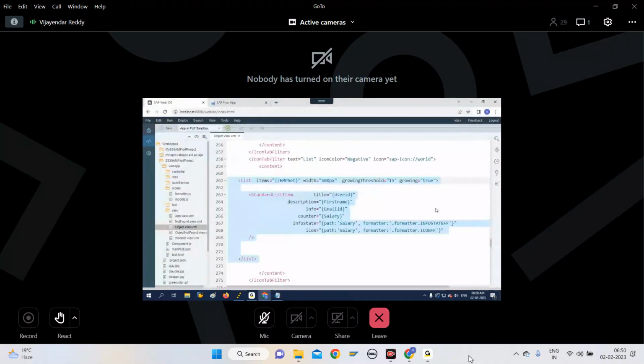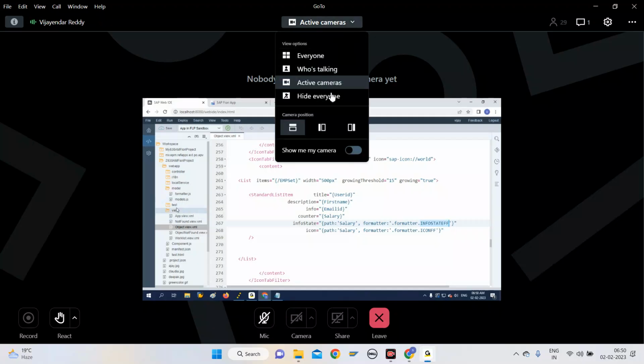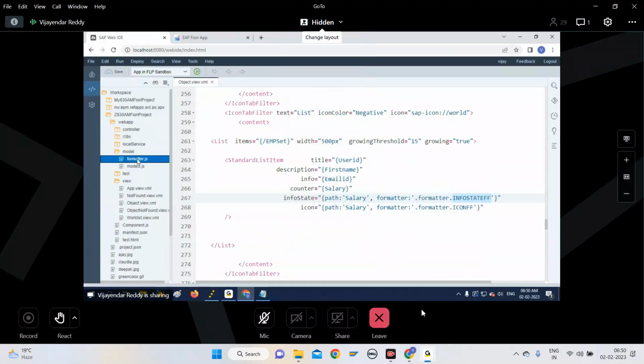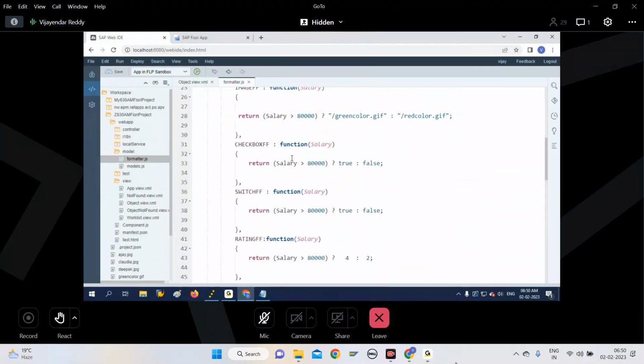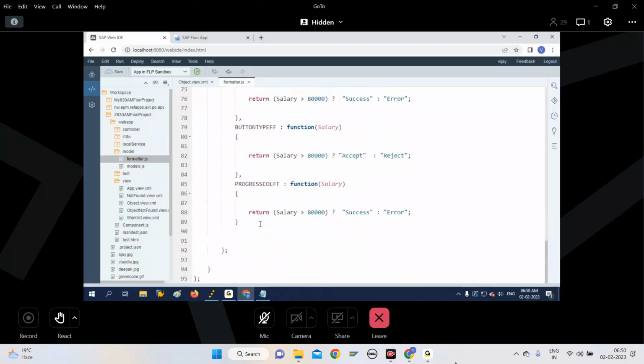Okay, so let me copy these names. The same names must match between formatter file and view file. So go to formatter.js file, and in the last session we have added several formatter functions. Similarly, you can add comma separator, provide formatter function by using function keyword. OData field name value can be used here,